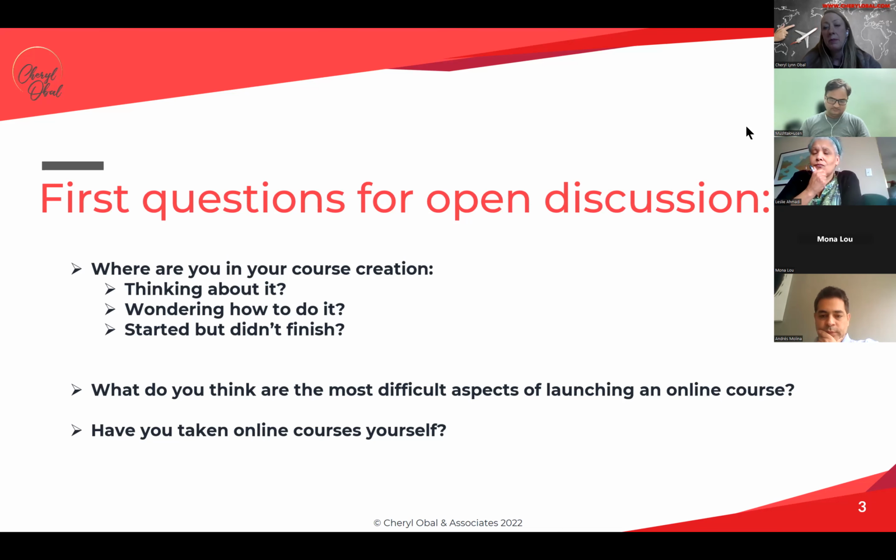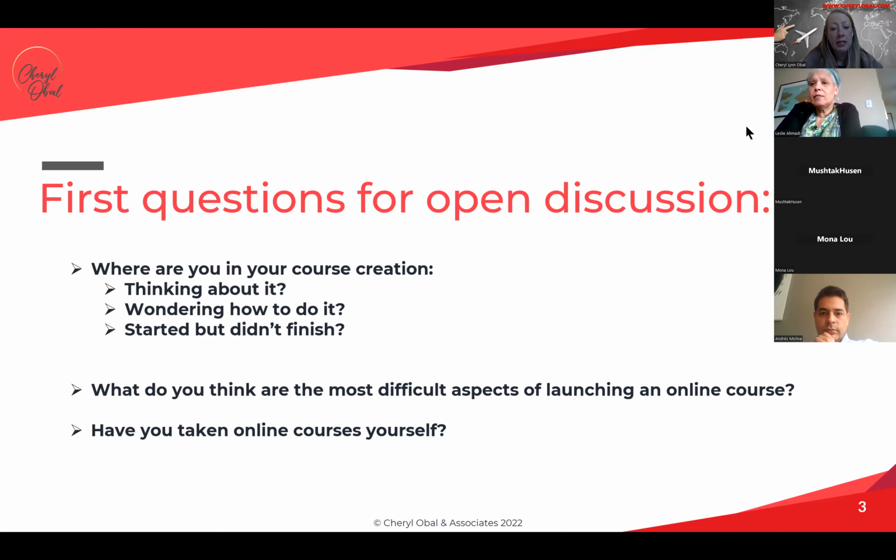And also, as Mushtaq mentioned, the microlearning concept is being proven again and again to be a stronger way of presenting material, because people can absorb things that are in bite-sized pieces better and easier, and then move on. It's easier for busy working professionals to digest content that's in smaller pieces. I'm going to talk about that a little more in a few minutes, because it's the model that most of these platforms encourage people to use.